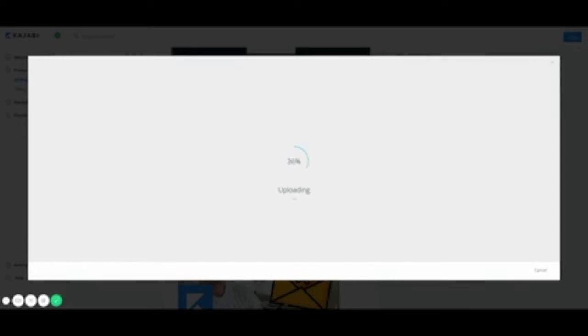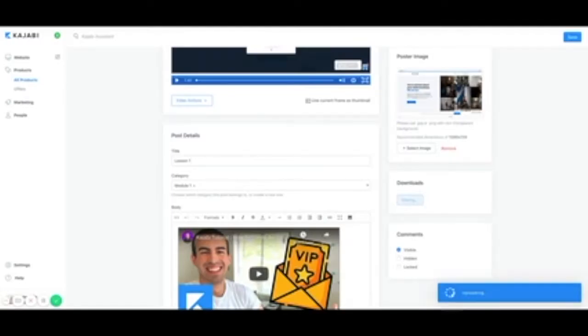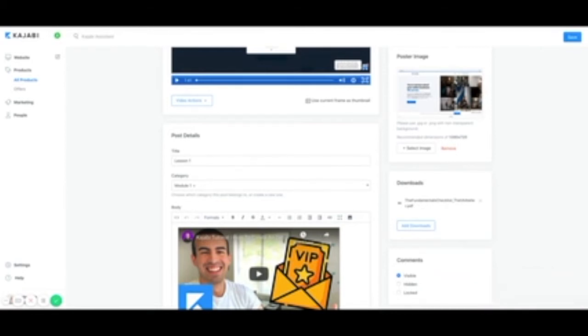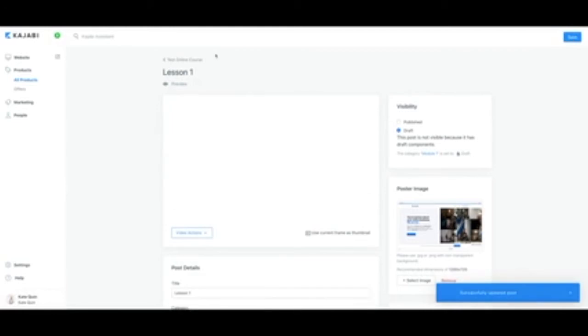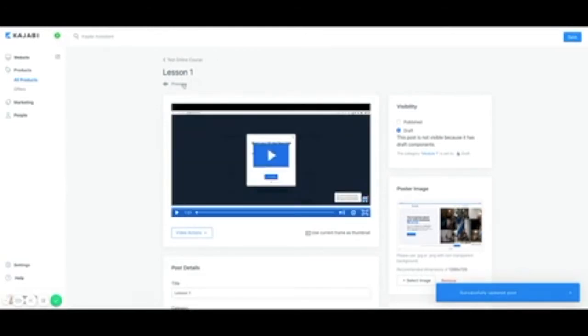It's going to take a moment to upload depending on the size of your file. And then you'll notice your document showing here. Now, when you upload your document, depending on what it is, whether it's a PDF or a podcast, it will show up as the file name that you've named it. So for your students, for example, they would see exactly that. So if we preview this again,